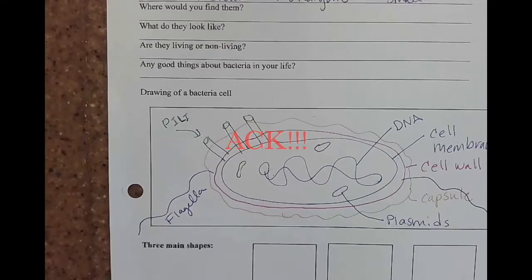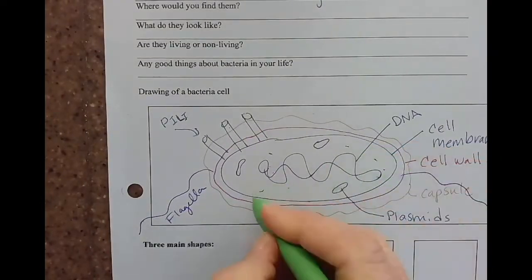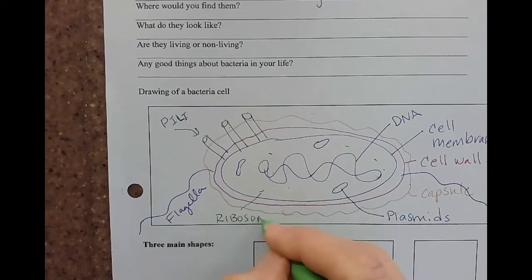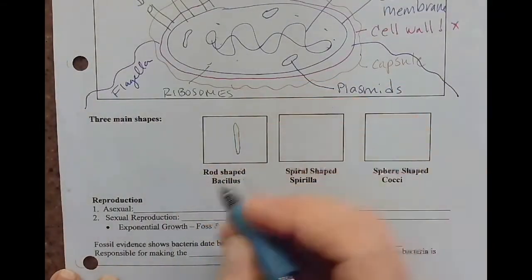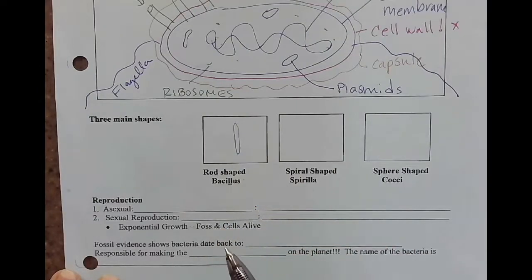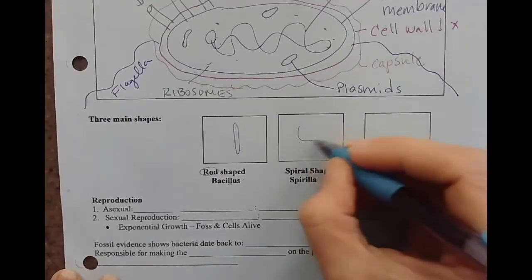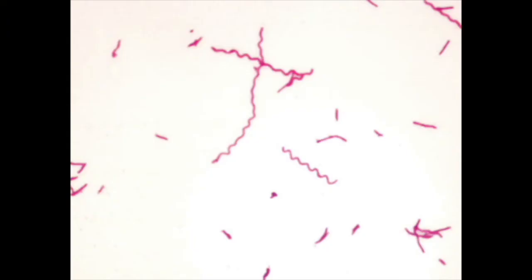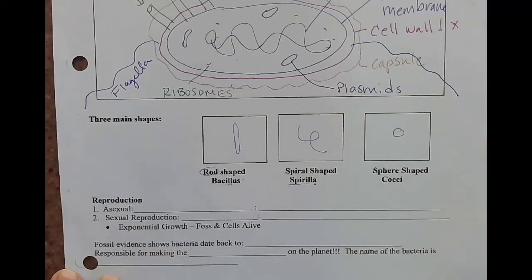There are 3 shapes of bacteria. Oops, we forgot our ribosomes. There are 3 shapes that bacteria come in. Sometimes they're shaped as a rod, kind of like these 2 L's in the word bacillus. E. coli is shaped as a rod. Sometimes they're shaped like a spiral. Spirilla. And sometimes they're shaped like a sphere,